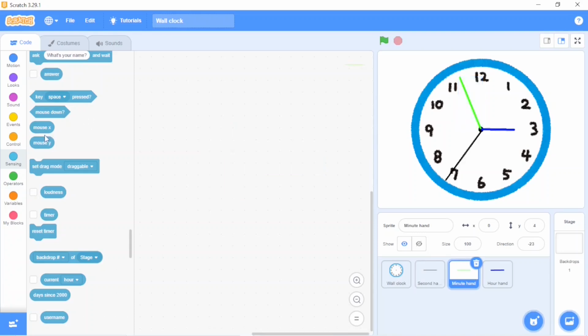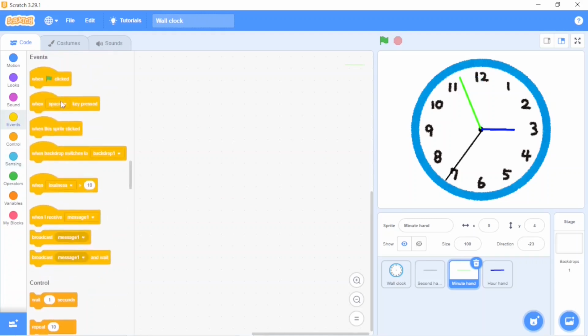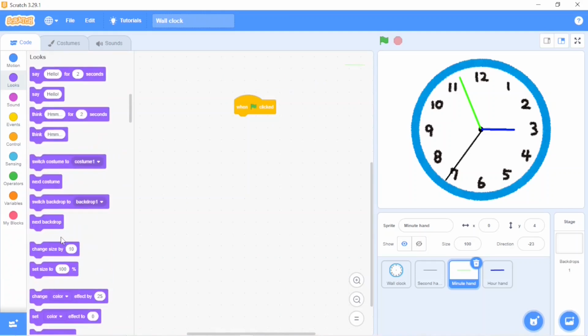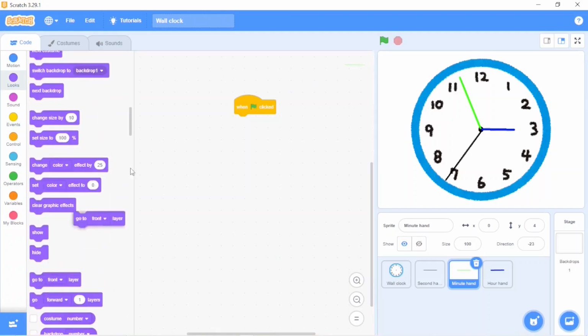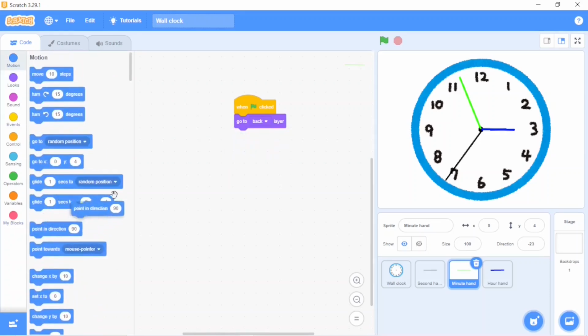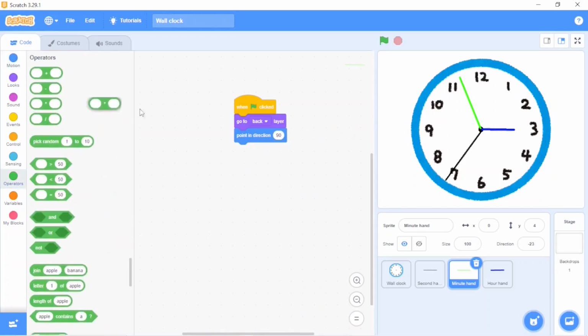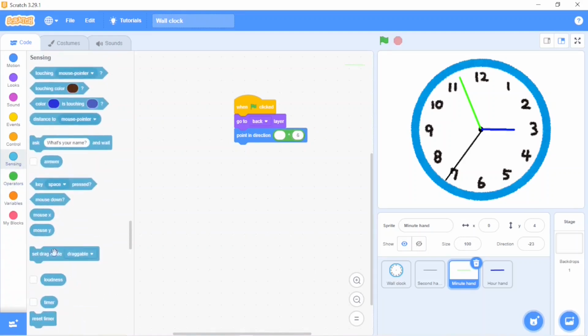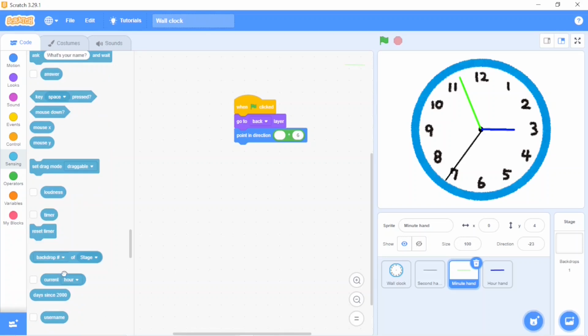The minute hand's coding. Go to Events. Take when flag clicked. Looks. Scroll down and go to back layer. After go to back layer, motion, point in direction, operators, multiply by 6 over here, and then go to sensing and take current minute.